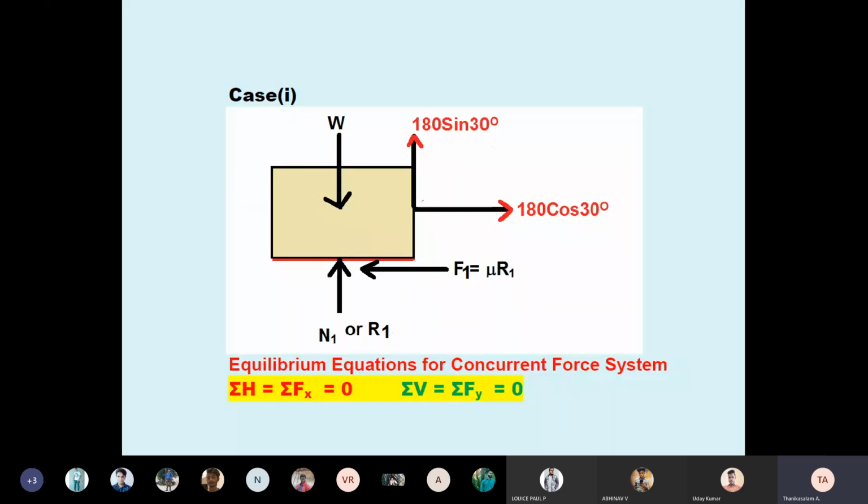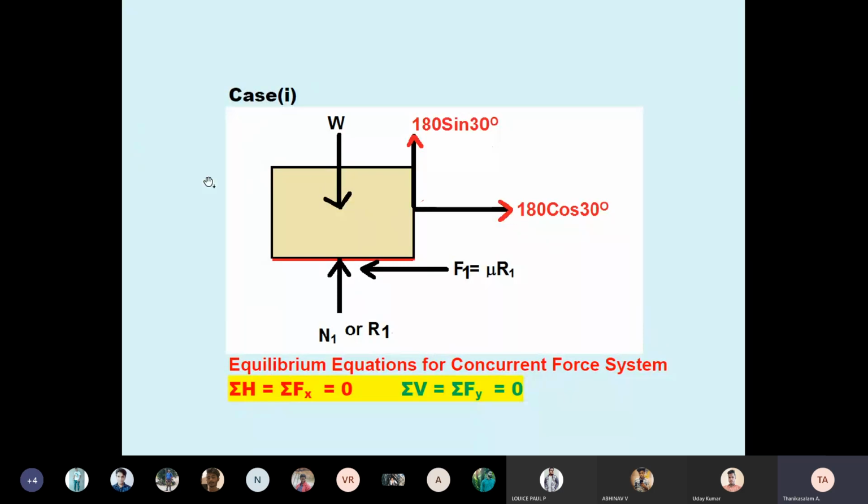Okay, see here, very simple. Why am I taking the friction as F1? Because the pulling force is 180, and in the other case there is a 220. That is the applied force only, which is different, and that's why the friction is different. But the weight is common, since it's the same body and only the pulling differs. The weight is acting perpendicular downward. Then the equilibrium equations.